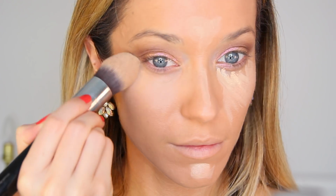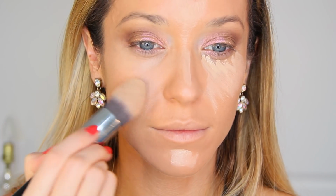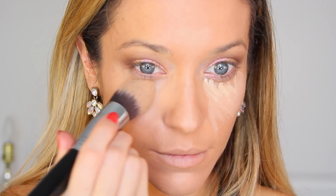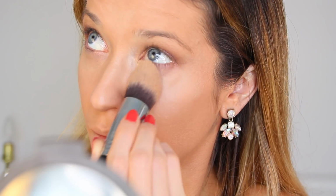So truly, how you apply is going to make a big difference. Because it is more medium and radiant, I would say that this foundation is really best suited for somebody who isn't looking to color correct their skin. They want something that's going to give them a fresh, dewy effect. It would be great for every day, but it's also really gorgeous for photos or special events, especially if you